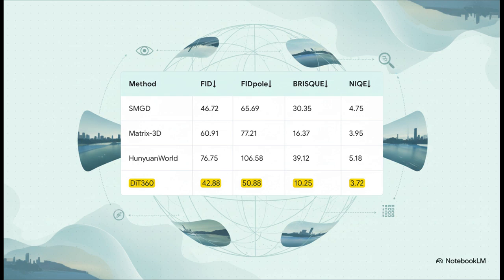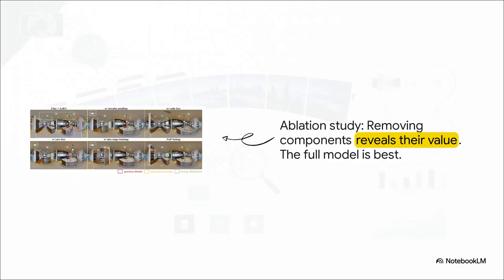Then you have things like Brisk and Nike. You can think of these as automated art critics that look for any technical flaws in an image, like blurriness or weird artifacts. And again, DiT360 scores are just dramatically better than everyone else's. The numbers don't lie. Now, this is one of my favorite parts of any really solid research paper, the ablation